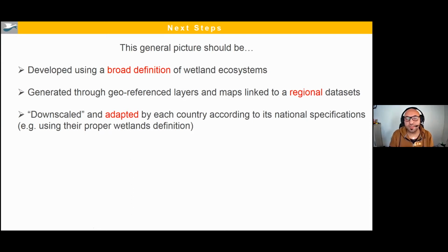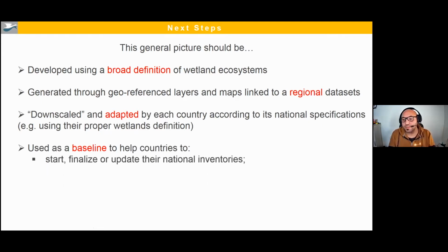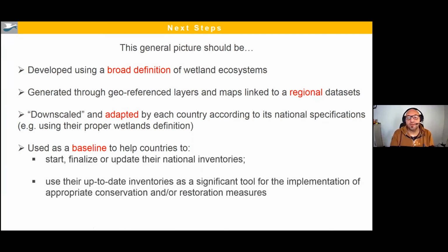If these countries are using a different definition, as I said, each country uses a different definition. It could be used as a baseline to help countries finalize or update their national inventories. Like, for example, the two previous examples that we have seen in Albania and Tunisia, they already had their inventories, but they were developed many years ago. For Albania, it was in 2003 and Tunisia in 1997. So this information could be used as a baseline to update the data sets, and also use their up-to-date inventories as a significant tool for the implementation of appropriate conservation and